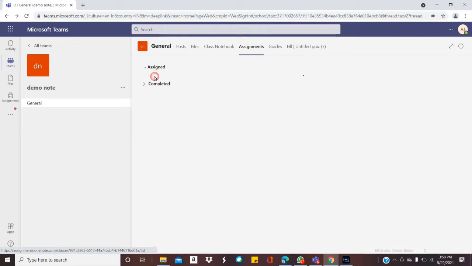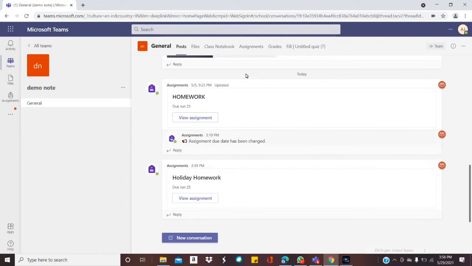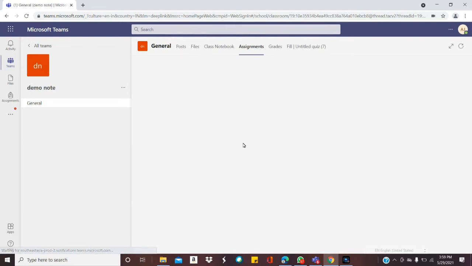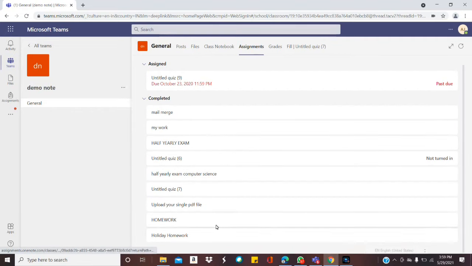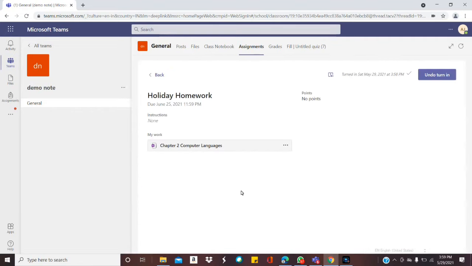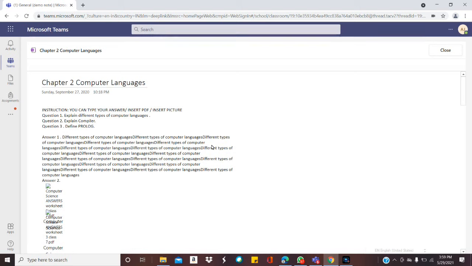And in the notepad and in the notebook, I told you last time also that as you type, as you put anything on that notebook, all the things will get submitted there automatically. You can check the assignment later on also. Suppose this assignment, holiday homework, is here. You can edit it also. You can just come here, this is your assignment, but you can edit your assignment before the due date. After that, you cannot modify your assignment.